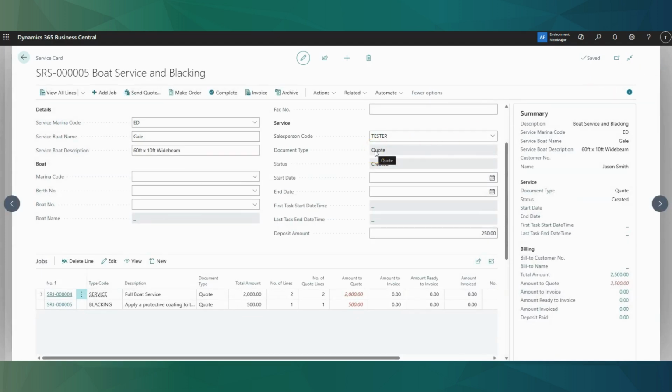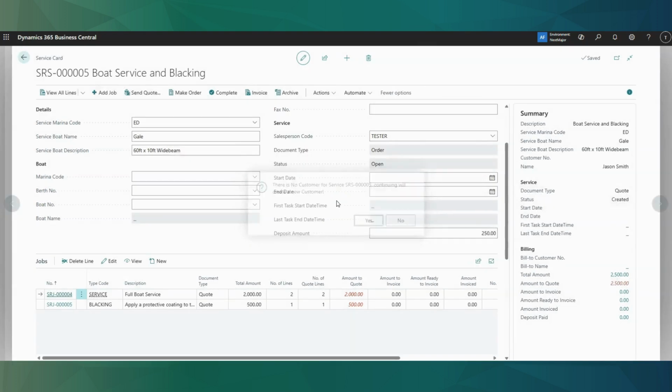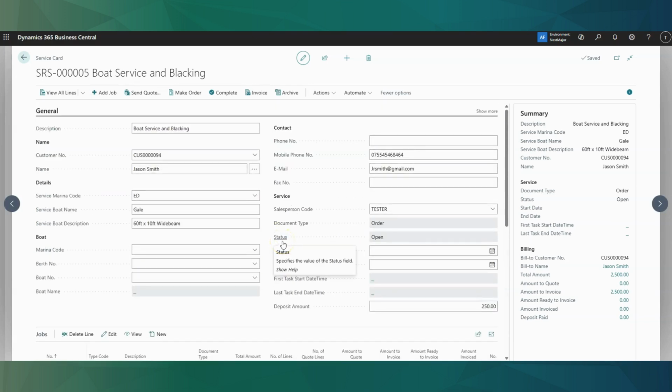Once we are happy with our quote and we've taken our payment, we're then able to convert this into an order, and we can do so by selecting this from the ribbon. As the contact does not have a current customer account, at this point in the journey the system will prompt the creation of this account so that the service can eventually be invoiced on completion. Now that this has been created, our order status has updated,